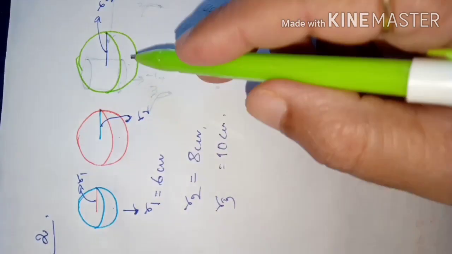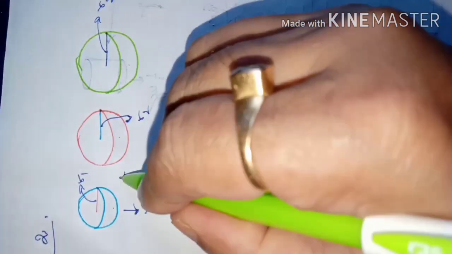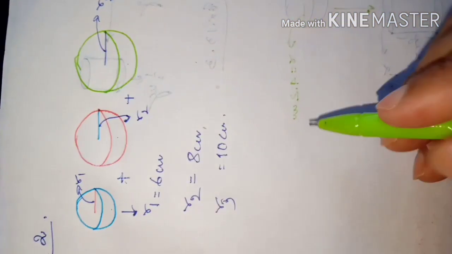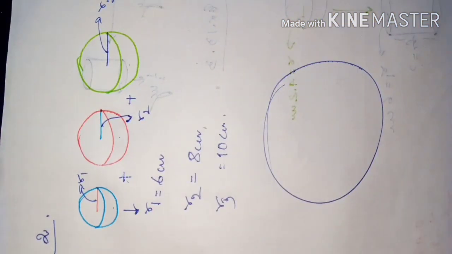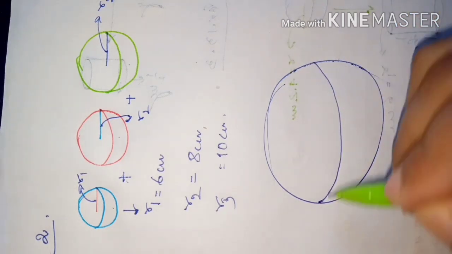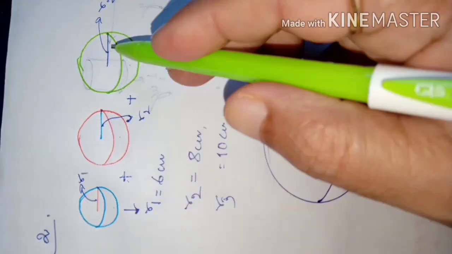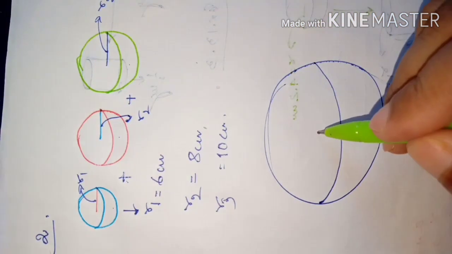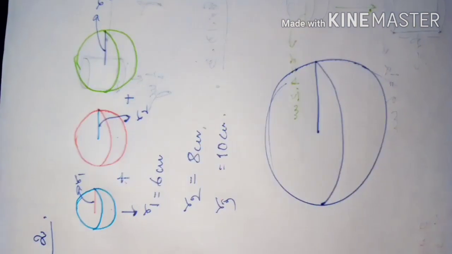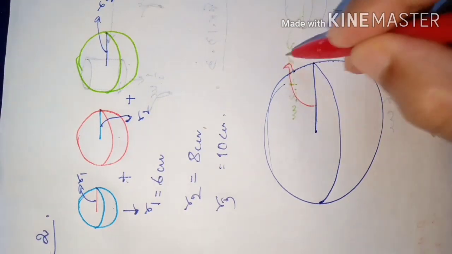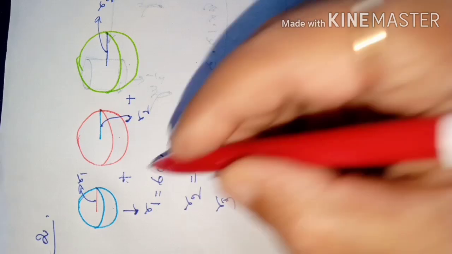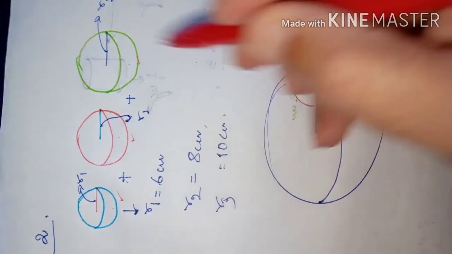Means all the 3 radii are given, and if we melt them, means if we combine them to form a little bigger size sphere, because these are metallic spheres made of metals, so we can melt them and form a new one. In that new one, what will be the length of the radius? We have to find that. So you are combining 3 volumes to form a new volume.